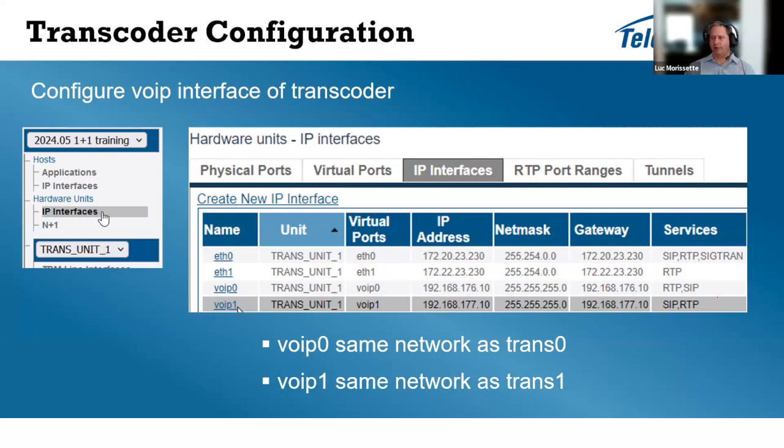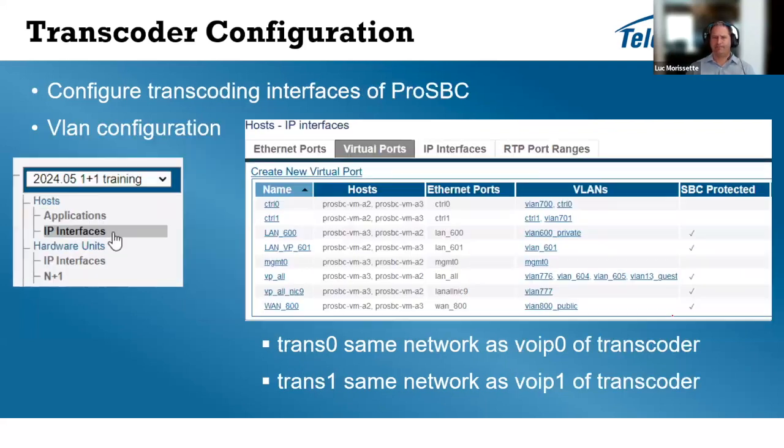Right? The services are always there. I don't think we can change that. But anyway, it has to be at least RTP configured here. So now we've configured the IP interface of the transcoding unit. We need to do the same thing in the